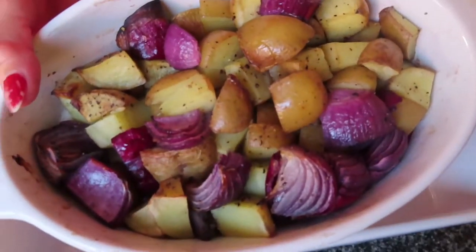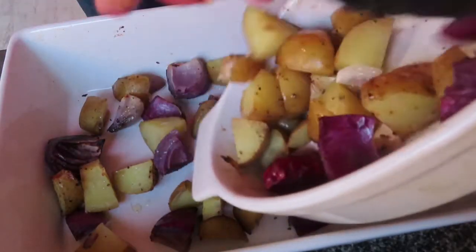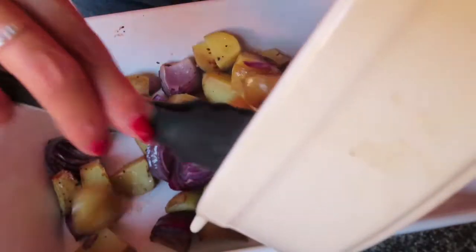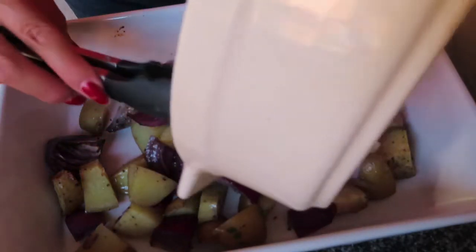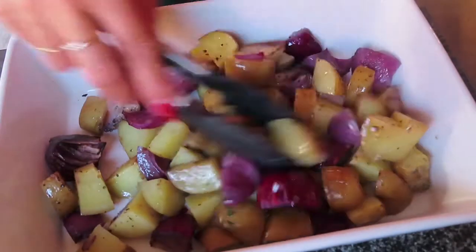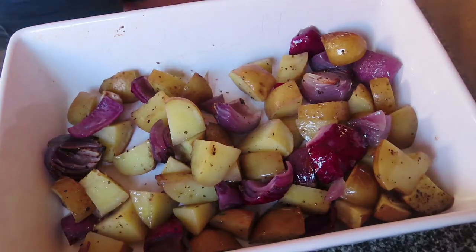Right, so here's the veg I cooked earlier, so I'm just going to tip it into a bigger bowl. Scrape it all in. I'm going to use this dish for the chicken when it goes in the oven to save washing up another bowl. So there's all my veg there, and then I need to take my sauce, which I've got out somewhere, here it is,